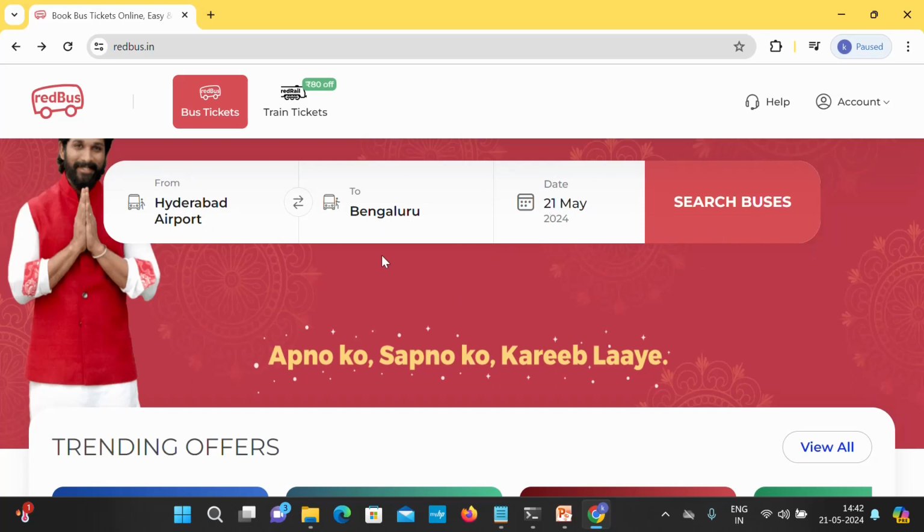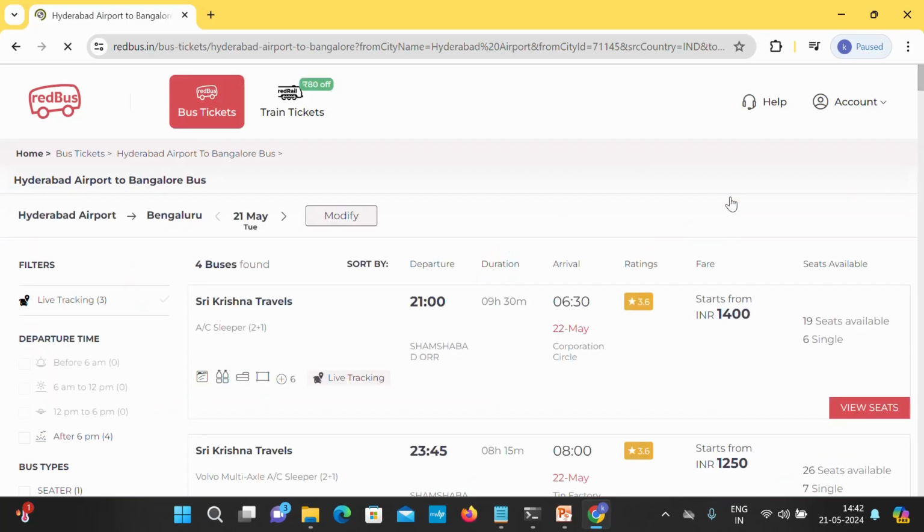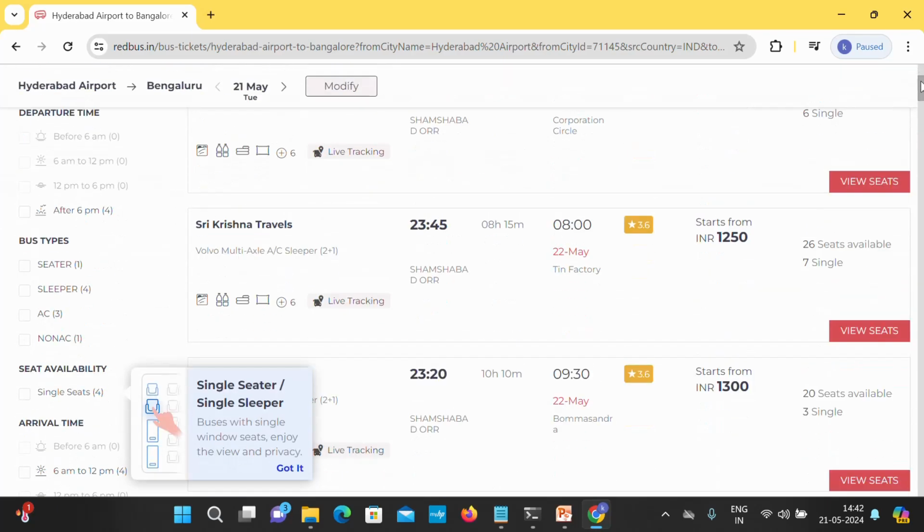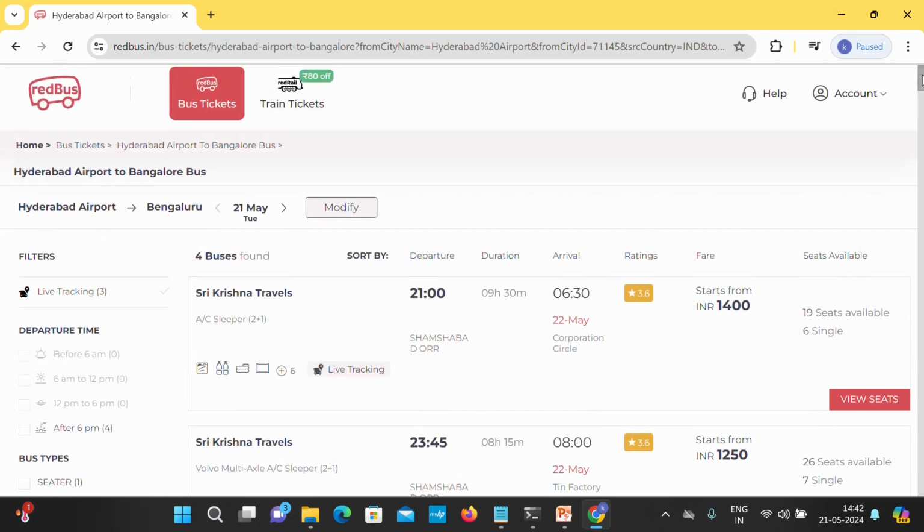These are the same. Suppose if I click here, okay, it will display some services, bus services. Okay, so here you can click. There are a lot of options. So here you can assume that